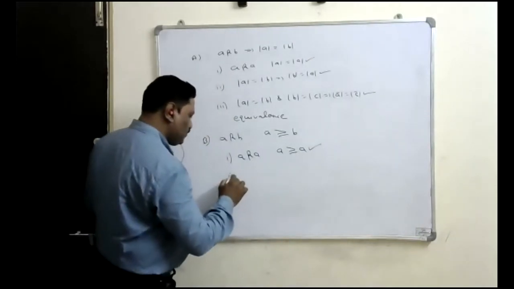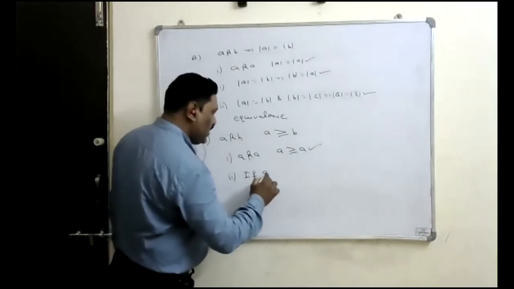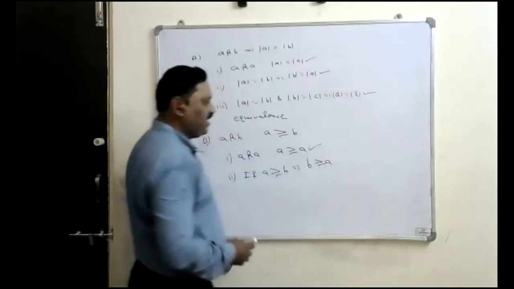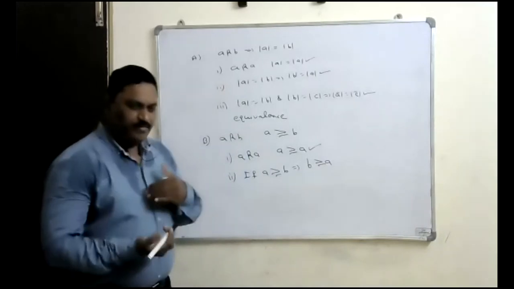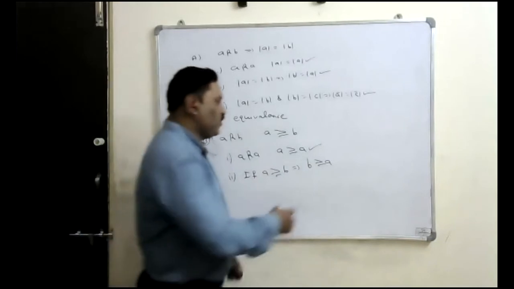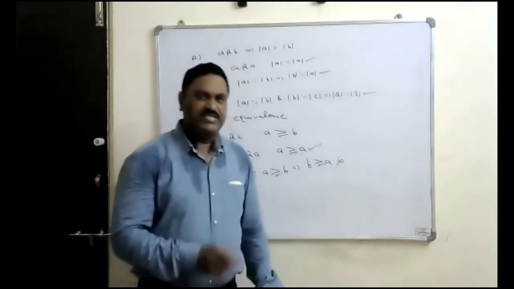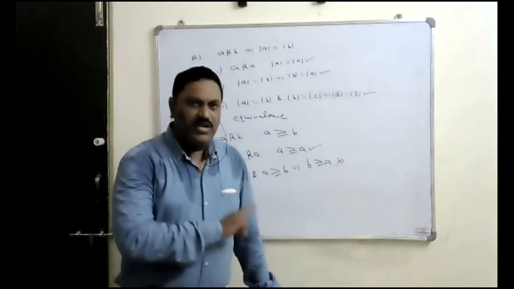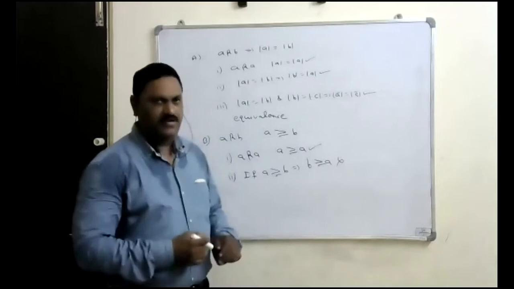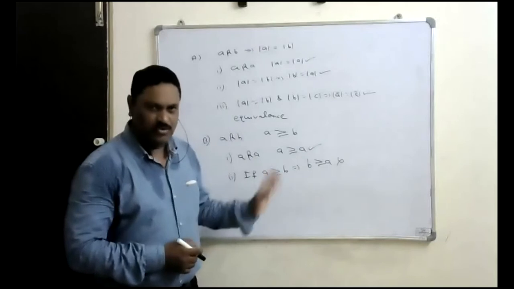Now, second, we see whether it is symmetric or not. Symmetric means if A is greater than or equal to B, then B is greater than or equal to A. Is it correct? No. When A is more than B, B should not always be more than A. That's why it is not correct. That's why the less than and greater than symbols are called inequations. So no inequation is symmetric. Inequations are never a symmetric relation, right? So this is not symmetric. That's why it is not an equivalence relation either.